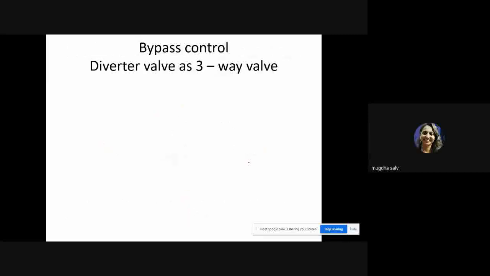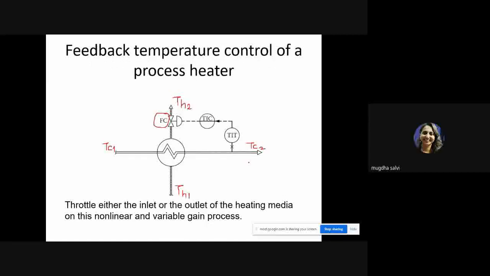Now, in feedback control, yes, feedback is achieved in a proper way. But if you all recollect, in the starting itself, I had mentioned that there is a dead time for any heat exchanger. We have seen how huge a heat exchanger could be. As it is, temperature is a slow moving variable. I hope you all are aware of slow moving variables and fast moving variables. Temperature is a slow moving variable, flow is a fast moving variable, because it takes time for temperature to change from one level to another, whereas flow can be changed comparatively quickly.